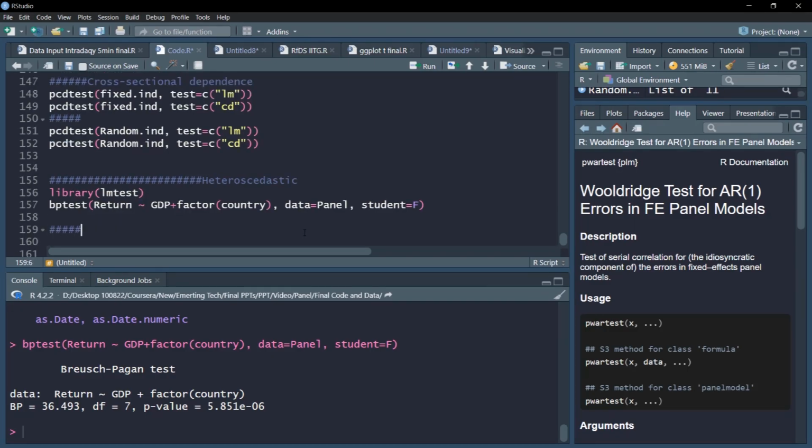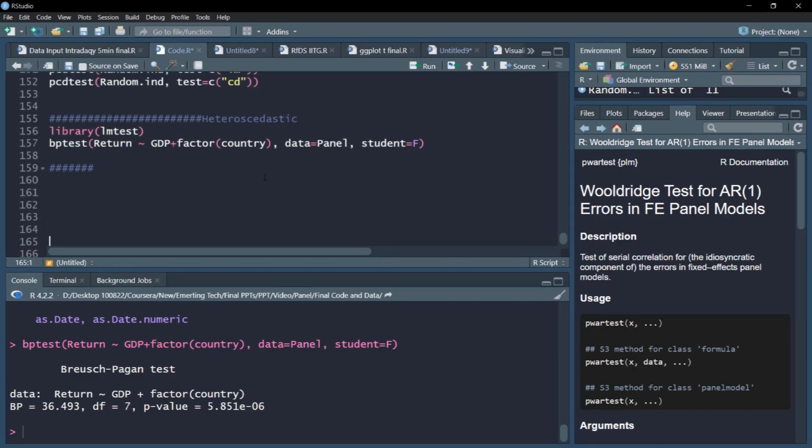In the previous video we conducted residual diagnostics, and we found that our error terms were afflicted by problems of cross-sectional correlation as well as heteroscedasticity. So in this video we'll examine robust standard errors, a very interesting and ingenious way to deal with these error problems. This would require the library lmtest.